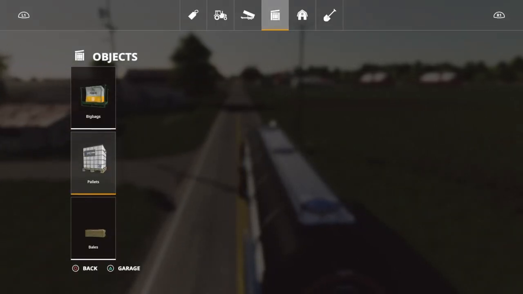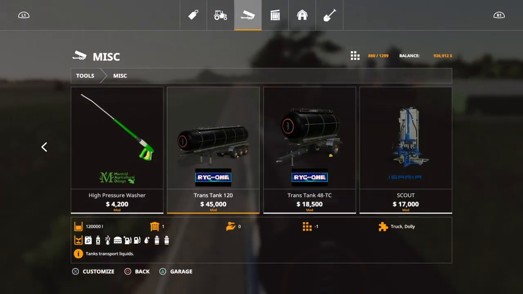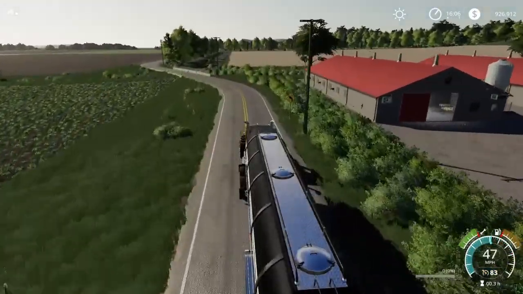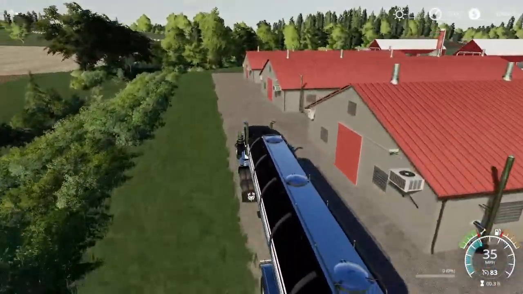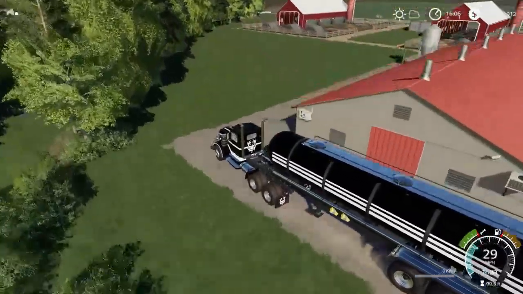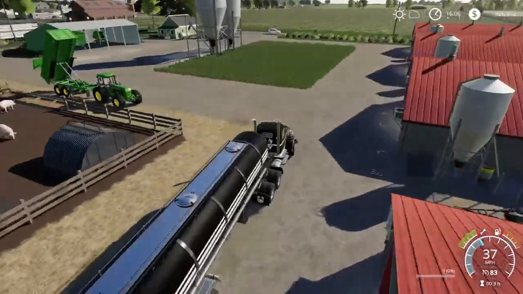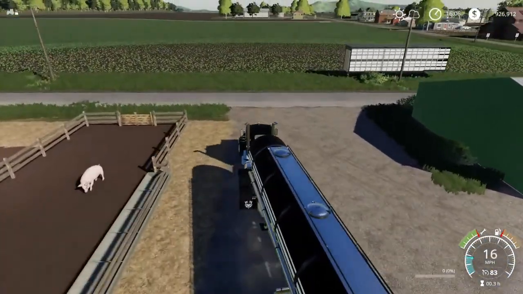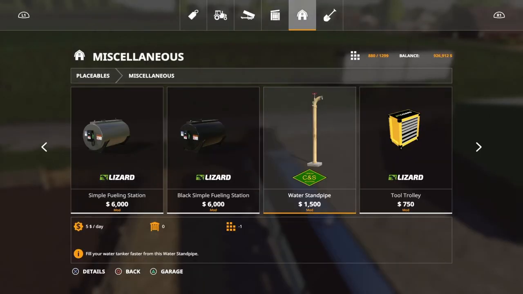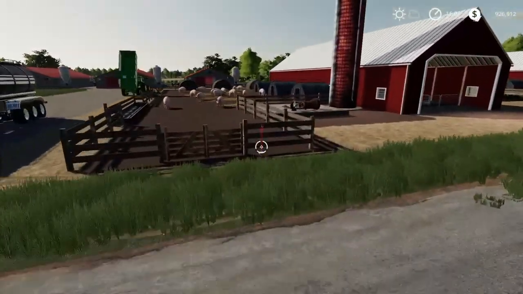I can have a quick look in the store. It's under miscellaneous, and it's down the end here. 45,000. We overran that a little bit too far, but we'll come around the back here. Okay, so I'll need a water source here. The easiest way to pick up a water source here would be the water standpipe. It's only 1500. It fills quite well, and it has...